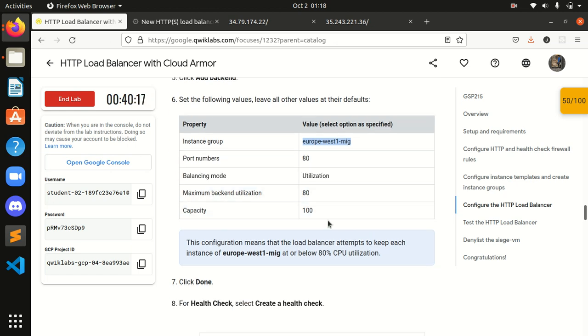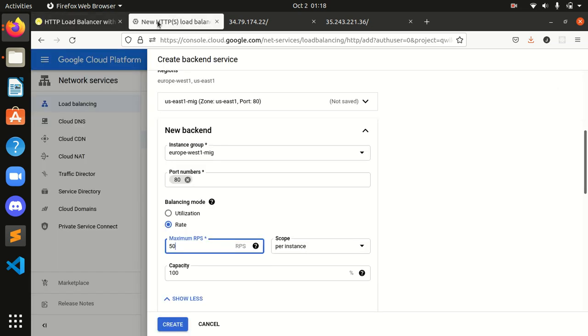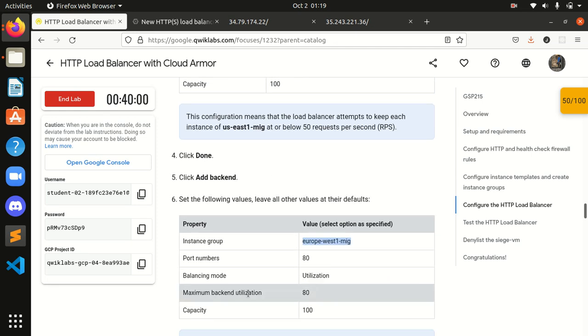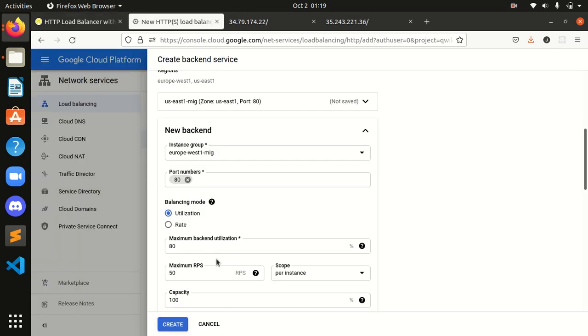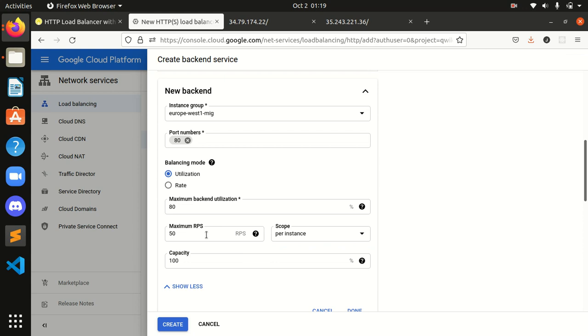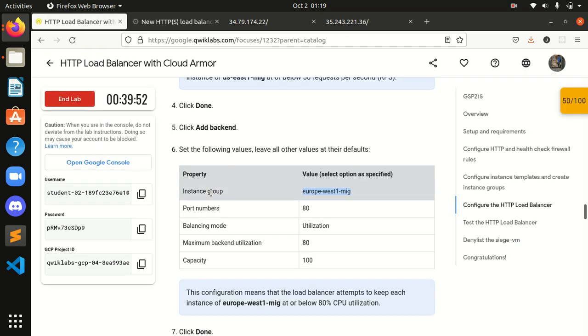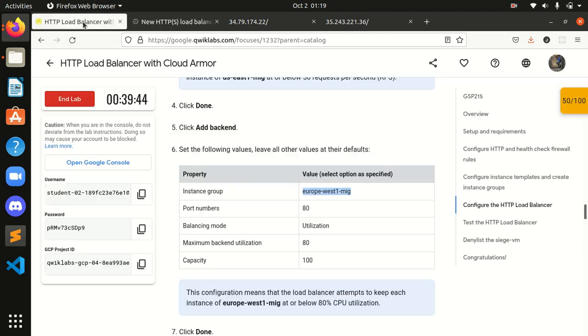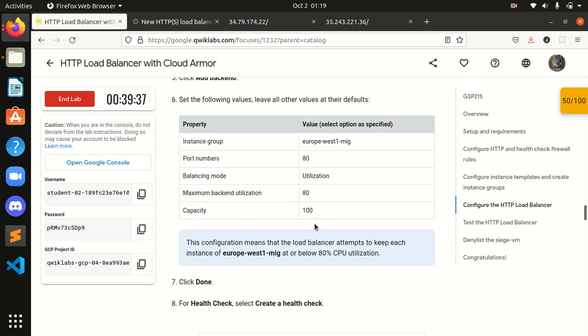Maximum backend utilization 80. इसमें maximum backend utilization करना है. उसका अलग था, राइट. पोर्ट नंबर इसमें अलग था, राइट. हाँ, इसमें RPS था, इसमें मैक्सिमम बैकएंड यूटिलाइजेशन है 80 और कैपेसिटी 100 कर देंगे. यहाँ पे इसे हम सेट नहीं करते हैं, ये नहीं था तो रहने देते हैं इसे. बैलेंसिंग मोड यूटिलाइजेशन, मैक्सिमम बैकएंड 80, कैपेसिटी 100.